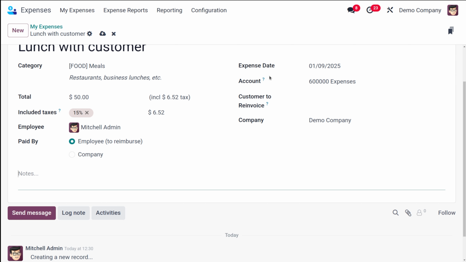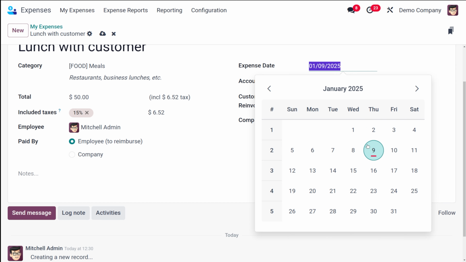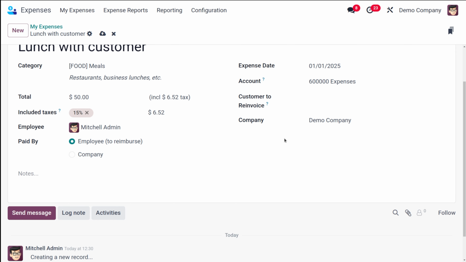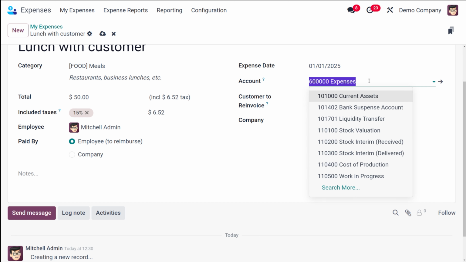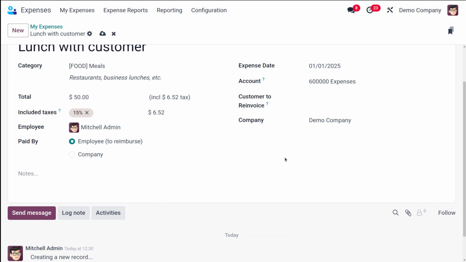And then you have the expense date. Here you have to enter the date the expense was incurred using the calendar pop-over box that opens when you click on this entry. So here's the calendar. I'll just put the date as 1. Okay. And then you have the account. Here you have to choose the expense account in which the expense should be recorded using the drop down menu. By default, this is the expense account. You can simply change it or choose it according to your need.